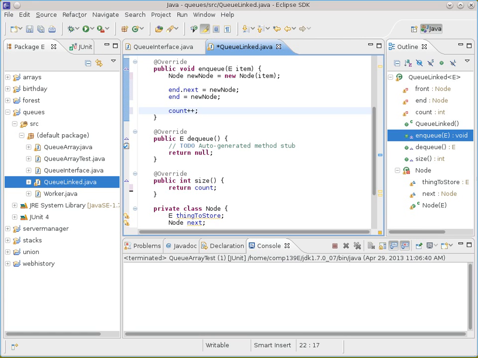How about if somebody says, take one off? What's the one that you want to remove? The end one? A, B, C, D, or E. It's a lineup, so the person standing at the front of the line is A, so that's the person that you want to take off the list. Okay, so people always go to the end of the lineup, always get added to the beginning. So we'll go into DQ,